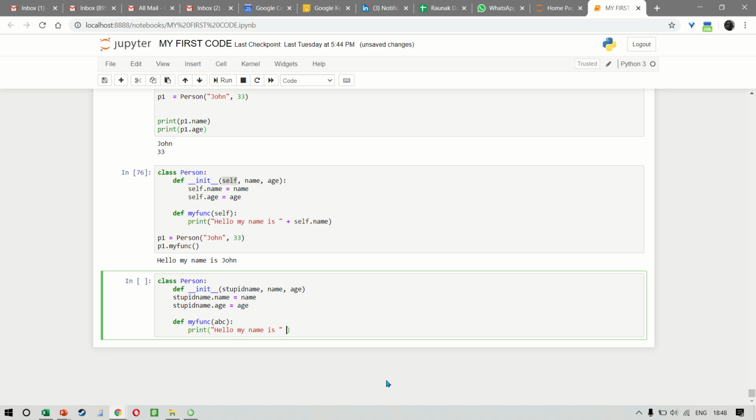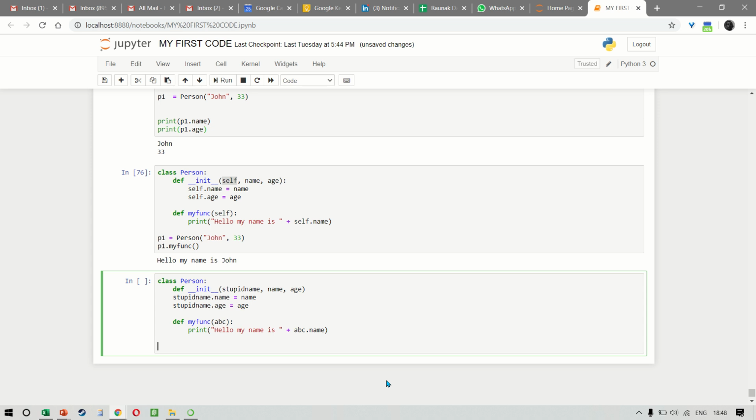We want to concatenate abc.name. And then we say p1 is equal to Person John, comma 33. And then we want to run the function. So p1.myfunc, and the result will be